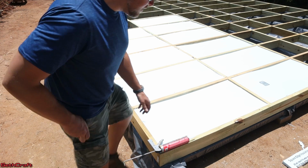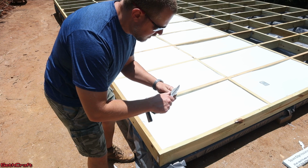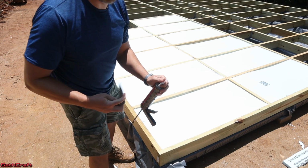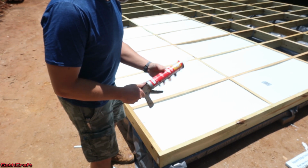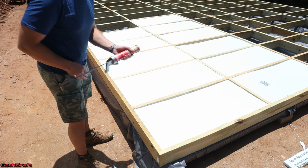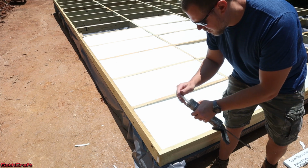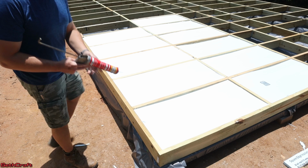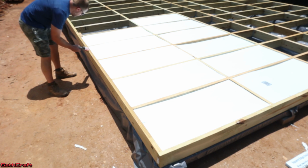So let's go ahead and start by putting some of this liquid nails adhesive down. This is going to do a couple of things. First of all, it is an adhesive, so it helps this to stay down in place, but it also helps to keep any bugs from getting between these cavities here. So, all right, now I do have to break the seal here with the nail. There we go. All right, now I don't need a whole lot of this. I'm just going to run a bead of it along the